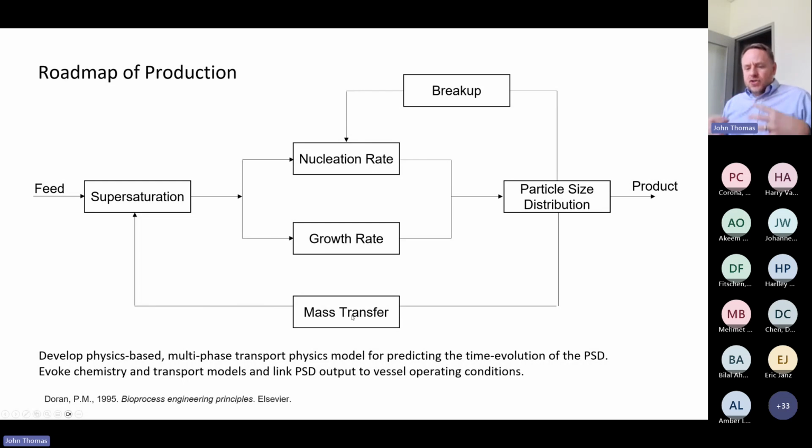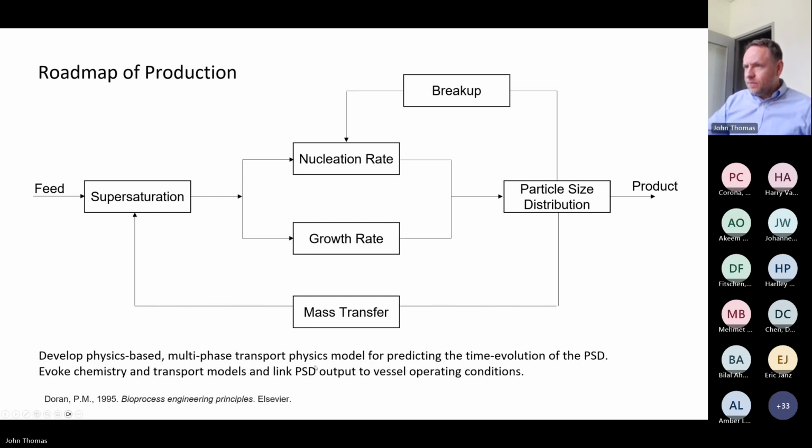So again, as these crystals are forming, they're sucking their phase out of the supersaturated form. And so the supersaturation concentration is going down as this mass is being transferred to the solid phase. So it's a pretty complex process in terms of competition between the degree of supersaturation, the rate of growth, the formation of seeds or the addition of seeds, potential variations in size due to breakup, the change in supersaturation due to mass transfer. There's a lot going on here. And again, please don't think of this as anything more than a very high level summary